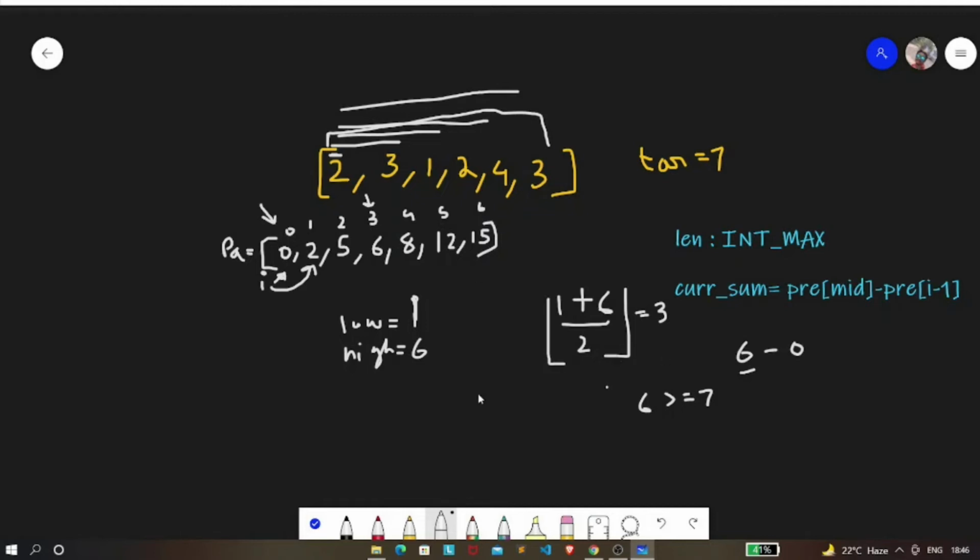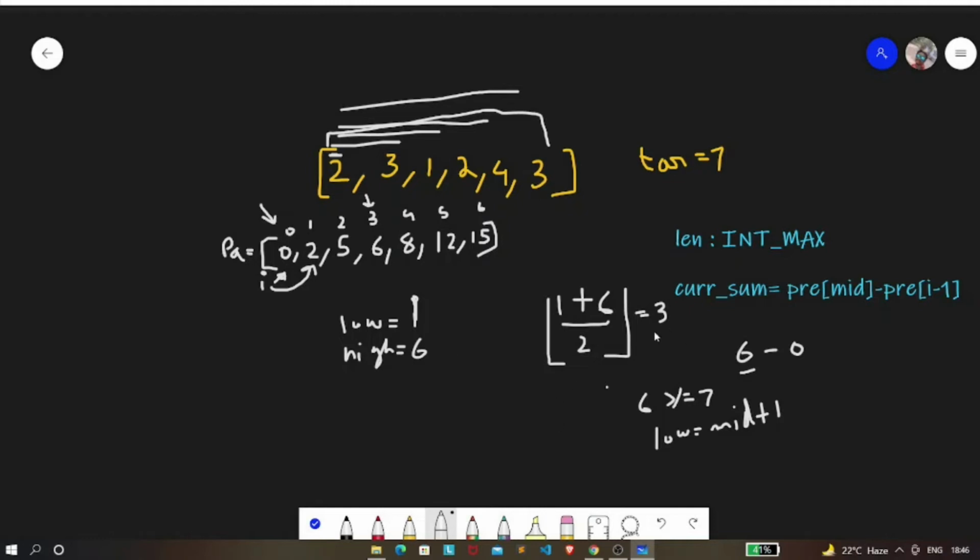So we are going to move our low pointer. If this condition is not satisfied, then we are going to make our low pointer as mid plus 1. That's what exactly we do in binary search. We're going to do the similar thing over here.